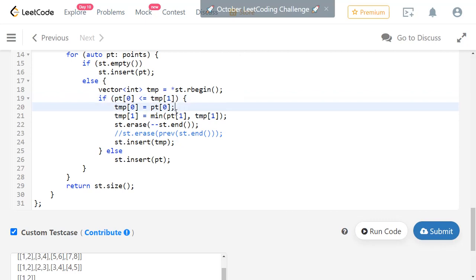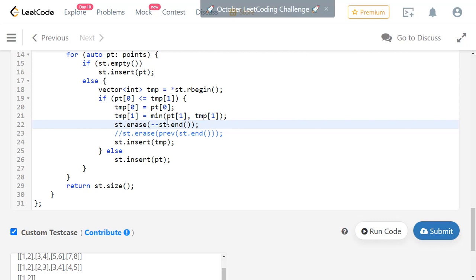So I am just modifying the coordinates of the temp point, then erasing the last point from the set. Erase is a member function which will take care of erasing any point at a given particular iterator. I am passing the set's end, which will give you the iterator past the last element.